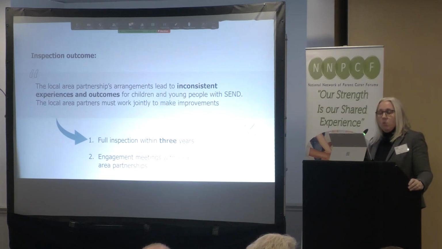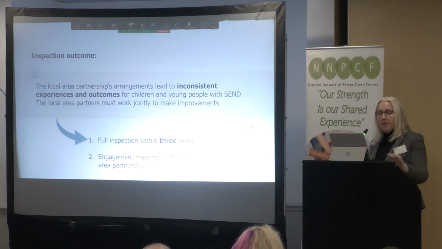The second outcome is where the local area partnership is judged to have arrangements that are leading to inconsistent experiences and outcomes for children and young people, and that the local area partners must work jointly to make improvements. And so they will have an inspection within 3 years, along with those annual conversations to monitor the progress